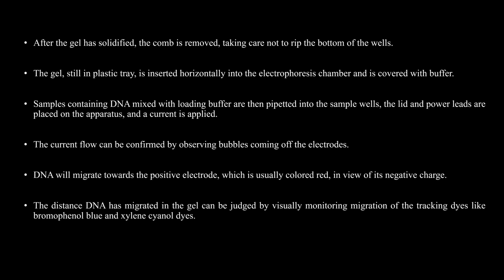After the gel solidifies, remove the comb and place the gel in the tank, covering it with buffer. Load the sample into the wells, then place the lid and apply the current. The observation: bubbles come out of the electrode. The positive electrode is usually colored red and the negative one black. To visibly monitor the migration of DNA in the gel, a tracking dye is used,